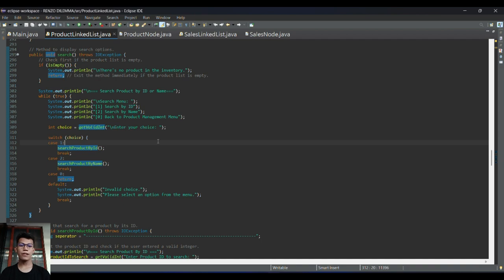After the user enters their choice, the program uses a switch statement to decide what to do next. If the user chooses 1, it calls the search product by ID method, which will handle searching by product ID. If the user chooses 2, it calls the search product by name method, which will handle searching by product name. If the user chooses 0, it returns, which means it goes back to the previous menu and